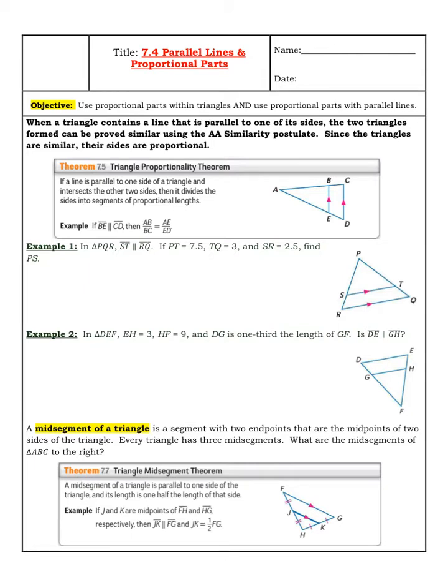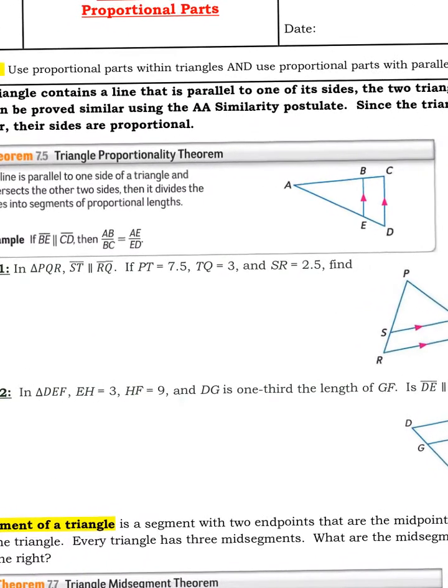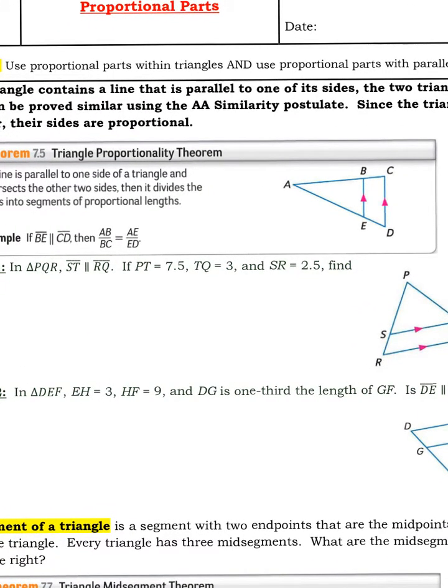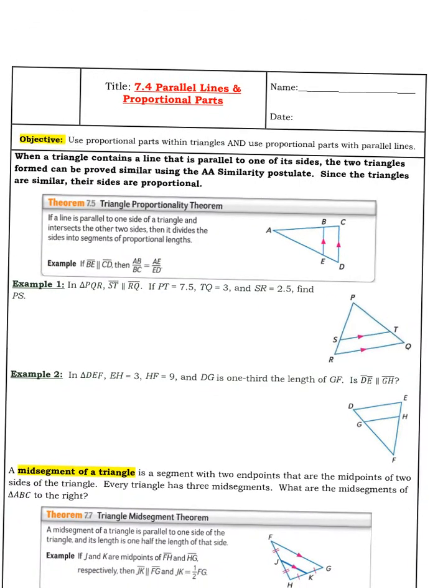All that says is if BE is parallel to CD in this example here, then AB over BC is going to be proportional or equal to AE over AD. So I'm going to apply that same principle here to do